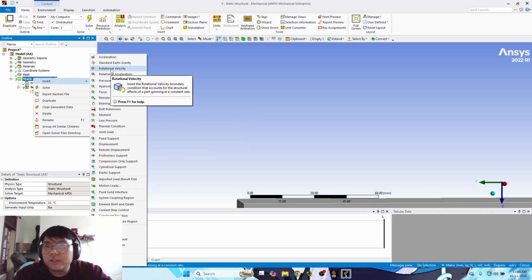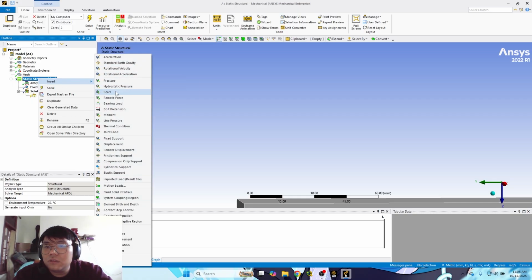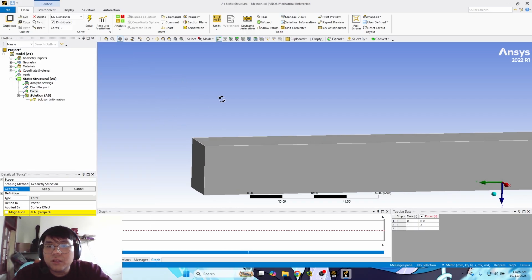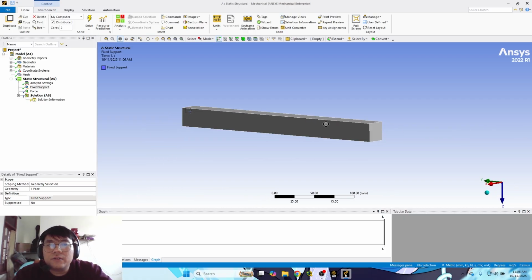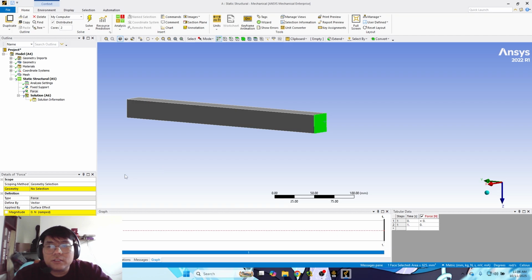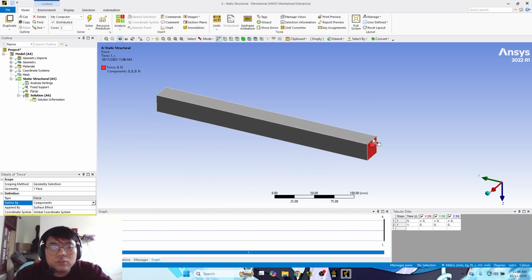I need the fixed support and also the force. For our boundary condition, we will put the fixed support on this surface, and the force on this face. For the definition of our force, go for components, and we want to apply our force downward, along the z direction.